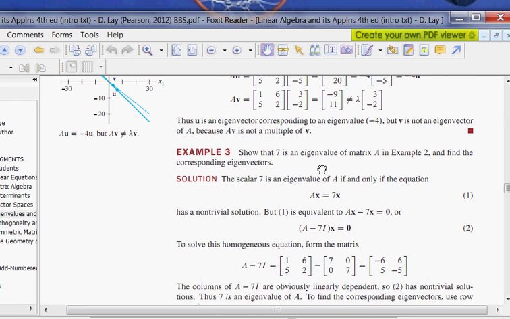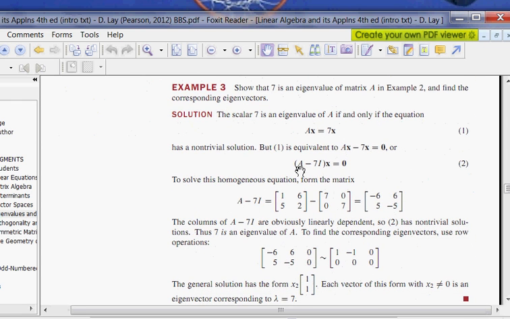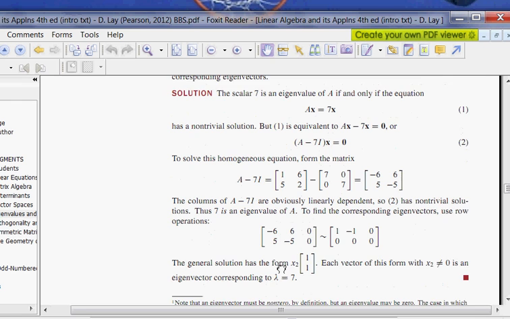So now let's move on to example 3. What they tell you is they give you this eigenvalue of 7. They want you to find the eigenvectors. So you form this equation, Ax equals 7x from the definition. But if you move this 7x to the other side and you factor out the x, then what you really have is this A minus 7I matrix times x equals 0. So you find the A minus 7I matrix, you get this, you solve the homogeneous equation, and you see that it